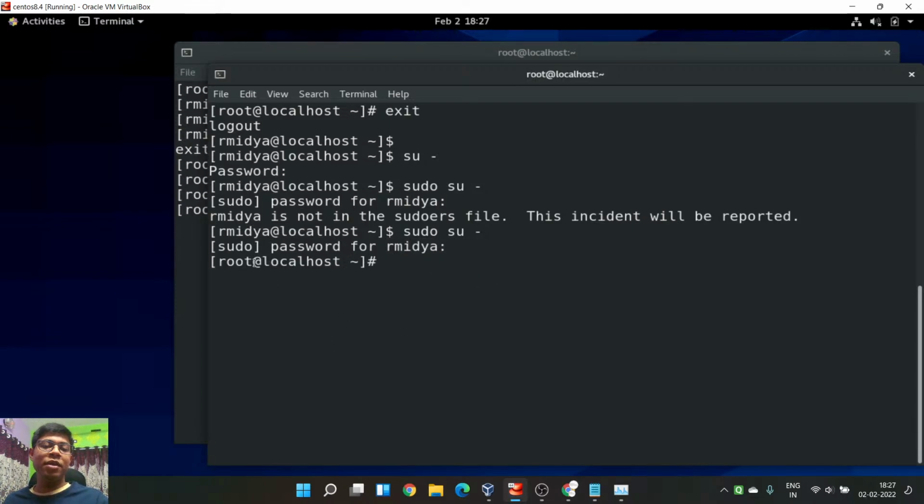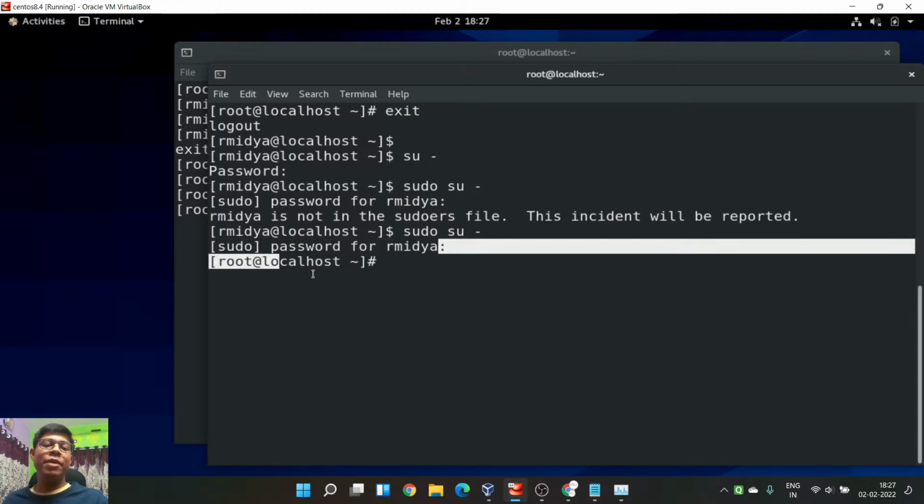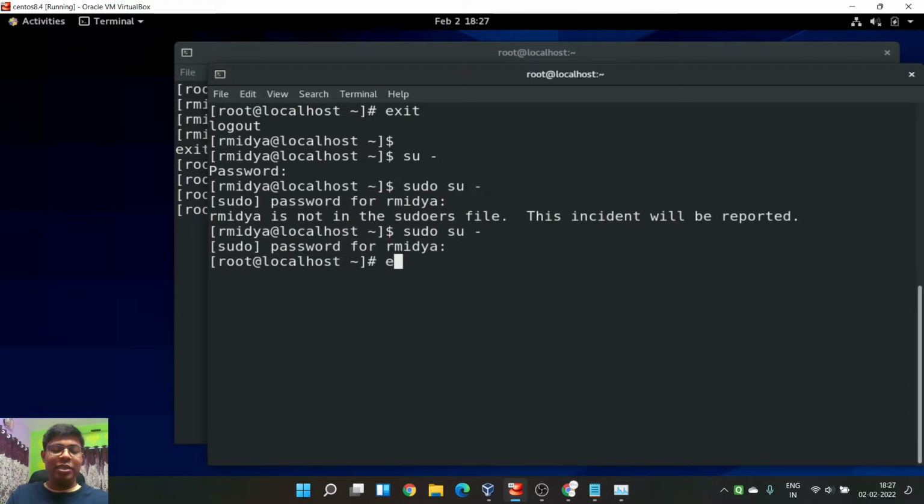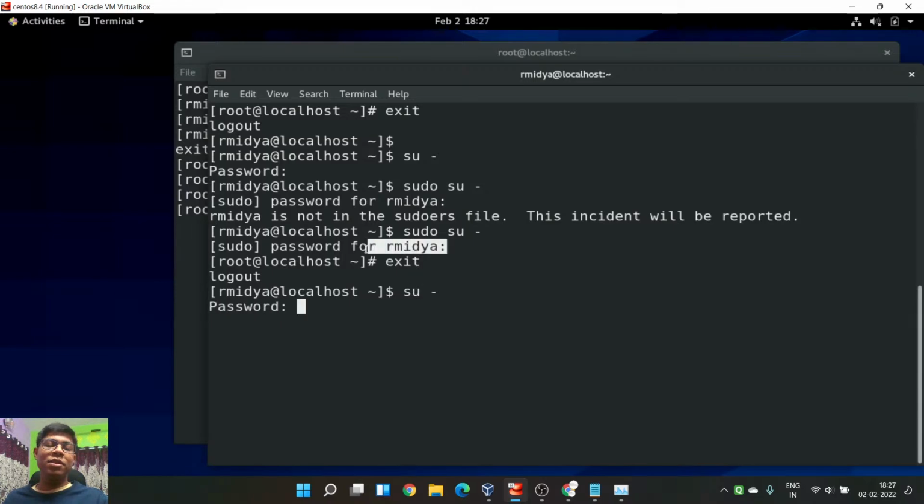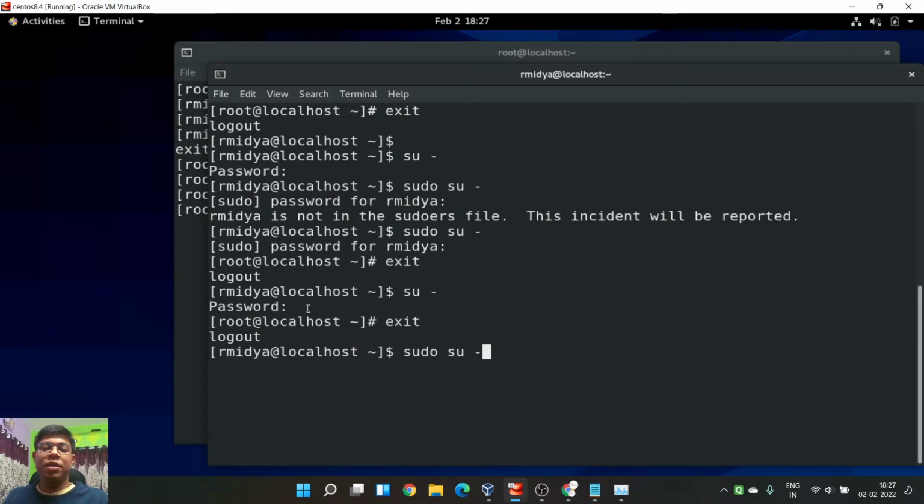You see, from this user account, I switched to the root account by giving the password of this user. I haven't given the password of root. But if you did the same thing again without sudo, then you need to give a password, and you cannot give the password of this user. You need to give the password of your root account. But most of the time, we don't know the root account password. That's why we did this kind of operation.